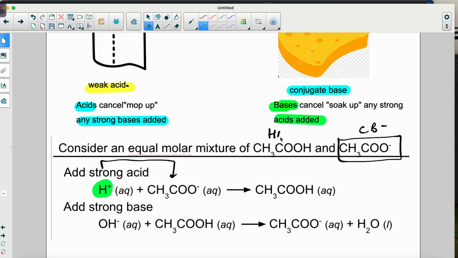So there's my conjugate base, and there's my weak acid. We could say HA and A minus. That's generally what you see used in the review books, and sometimes on the AP exam they use that as well. And so that's why you have the two components. Just like if you add OH minus, what cancels out a base? You do the acid. That's where you see the acid canceling it out, and then you're going to produce